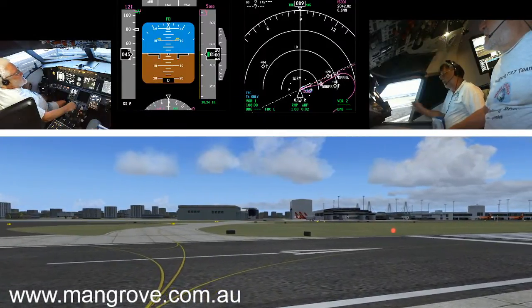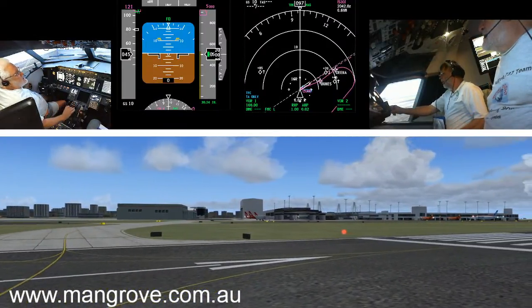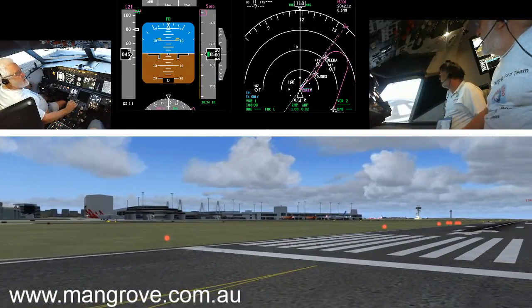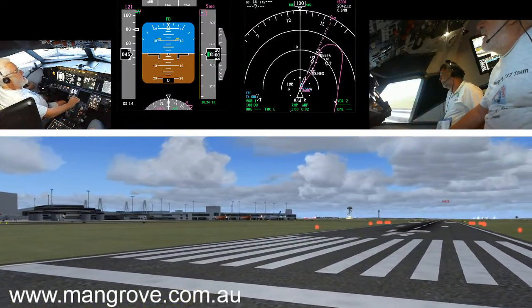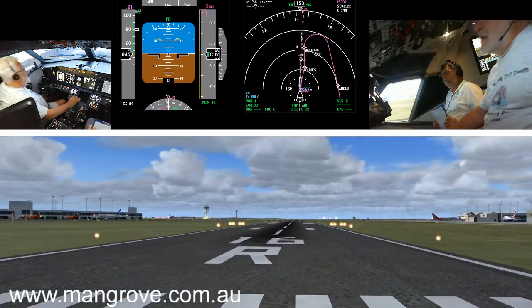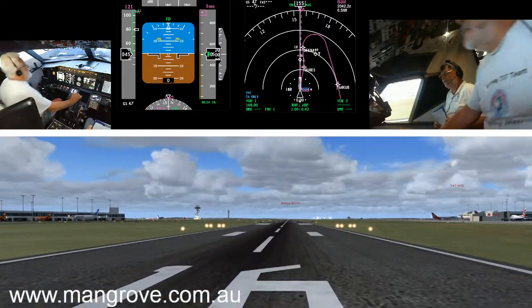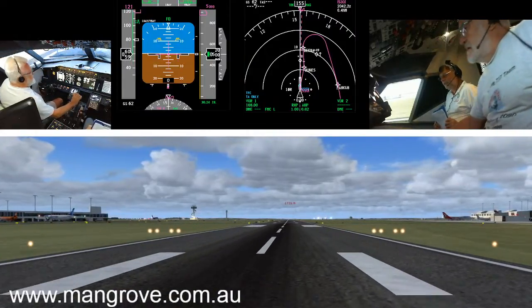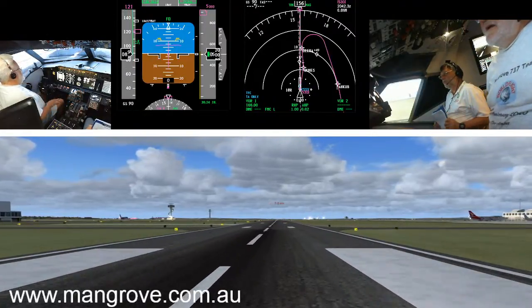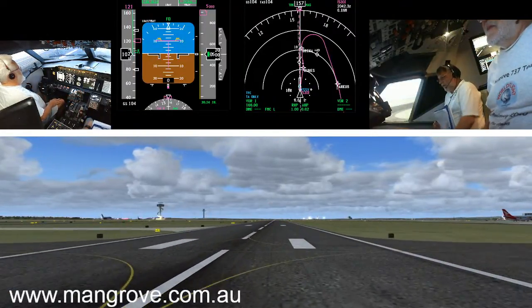Mike Charlie 012, keep it rolling, thanks. They've been rolling. Rolling, rolling, rolling. Alright. 80 knots. 80 knots. V1.